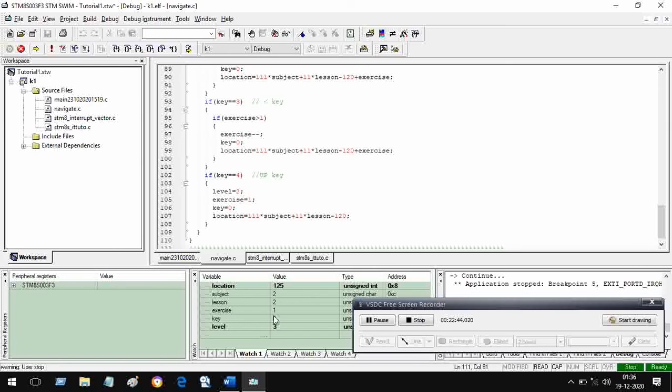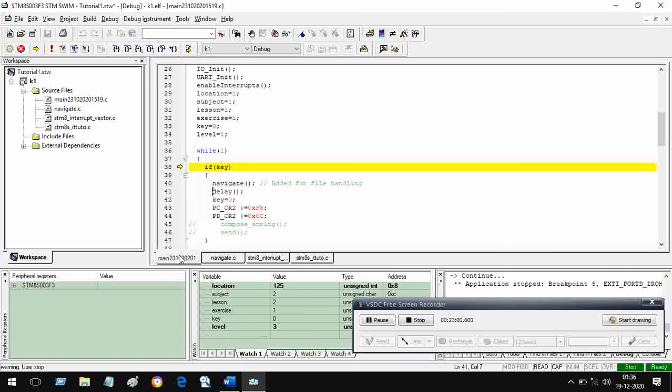So it finds the cumulative address, and next time what we will do, we will actually reach this address and hear what the MP3 player has to say, right? So the only thing which I added is in this, I added this. Navigate was already there, key equal to 0 was already there. I added delay, and I had enabled the interrupts which were disabled.